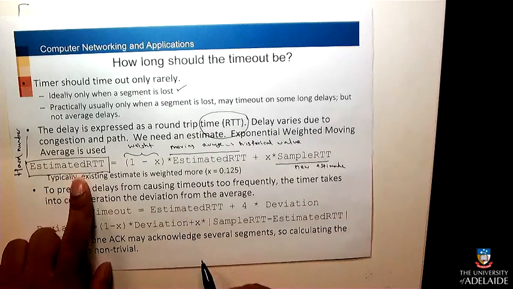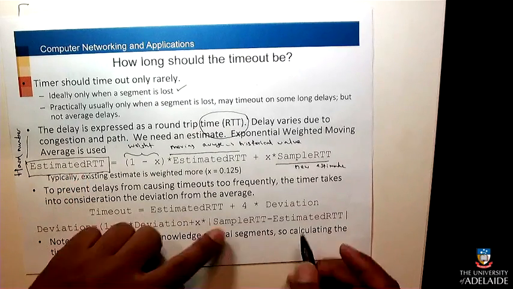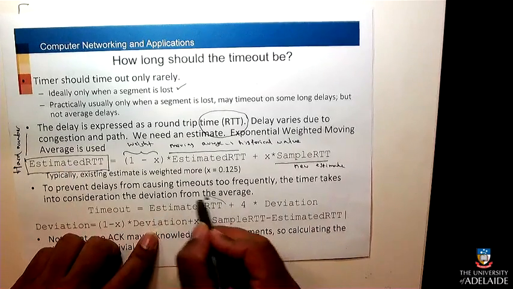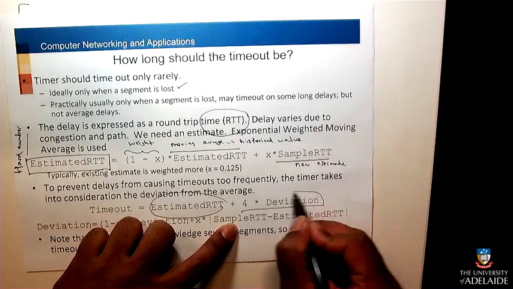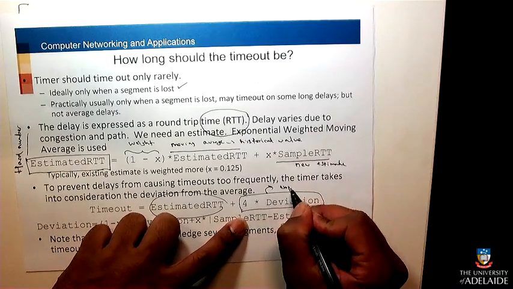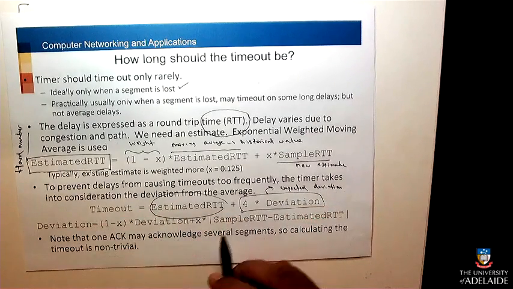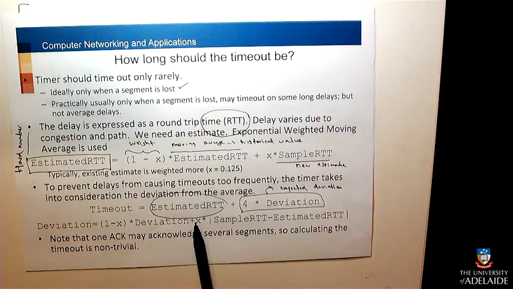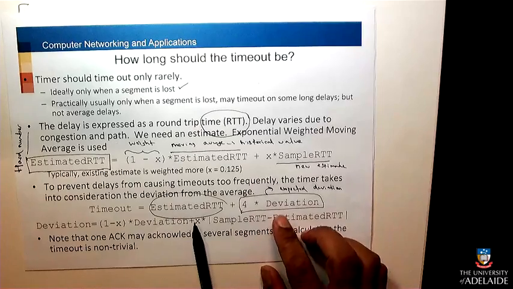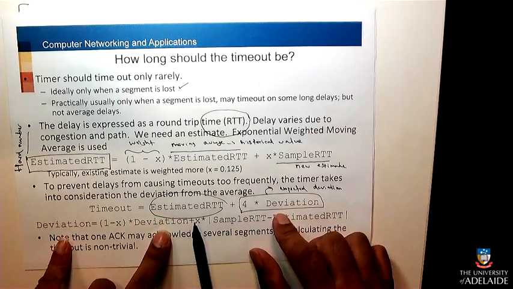So TCP tries to be conservative, and it actually calculates what might be the expected deviation from the estimated RTT, right? So instead of just using the single value that you just calculated, based on your most recent transmission and acknowledgement, it says, well, networks don't behave so well. Maybe my estimate is 5, but it could be within a range, right? How do you know it's always going to be 5? I just estimate it as 5. It's a perfect number. So what it does is it tries to assess the variation,